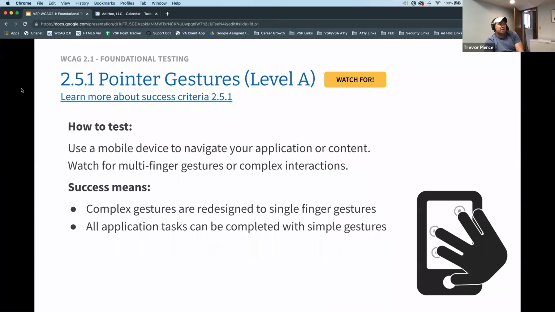Pointer gestures are the second mobile item. This is a watch for at this point. If you find yourself with a mobile device, if your application sometime down the road or your content has multi-finger gestures, thinking like a 2-finger swipe or a 3-finger swipe, or 2 fingers to anchor and a 3rd finger to rotate, those are the complex gestures we're interested in. We don't see those today, but we do want to be on the lookout for them as we go forward